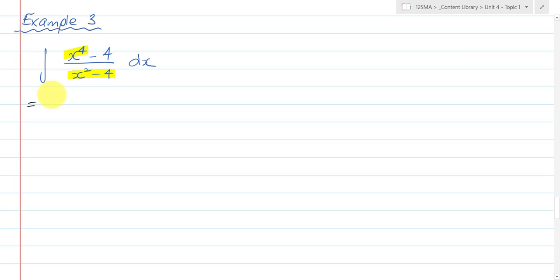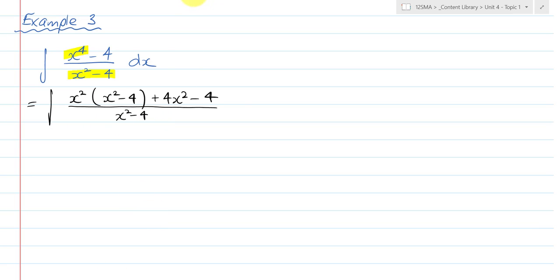I'm going to write this down as x squared times x squared minus 4. That gives me my x to the power 4, but it also gives me negative 4x squared, which means I have to add 4x squared, and I've still got that minus 4 in the end. I've done this for a very particular reason. So I've chosen to get myself the x to the power 4, but also build my denominator in there as